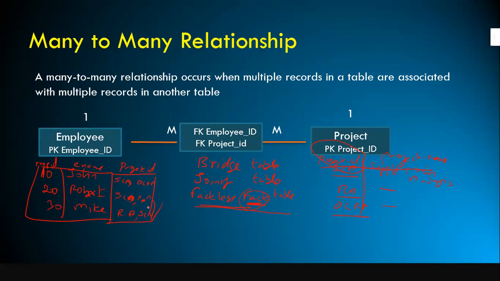But in this table, the primary key column is project ID. In order to create the relationship between these two tables, you created a column called project ID. But in this case, each employee is working on more than one project, and you cannot specify more than one value in the project ID column. If you specify it like this, how can you join these two tables?